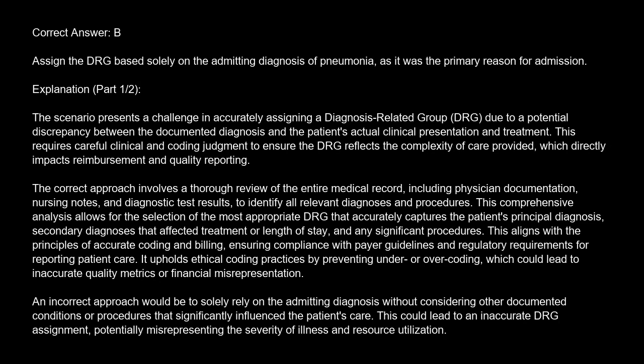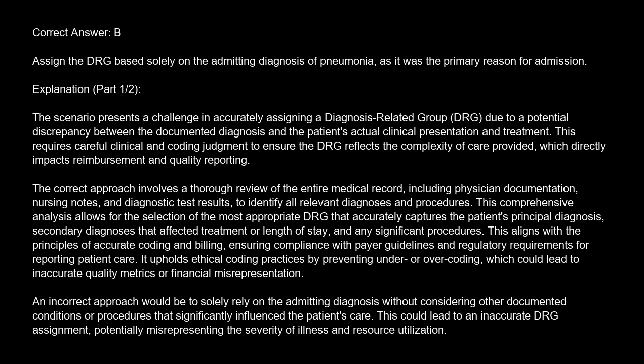The correct answer is B. Assign the DRG based solely on the admitting diagnosis of pneumonia, as it was the primary reason for admission. Explanation. The scenario presents a challenge in accurately assigning a diagnosis-related group, DRG, due to a potential discrepancy between the